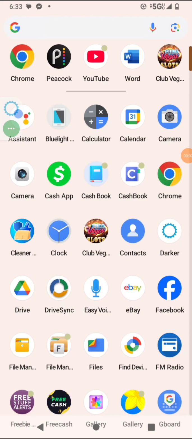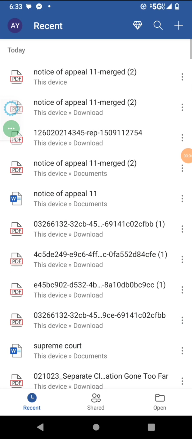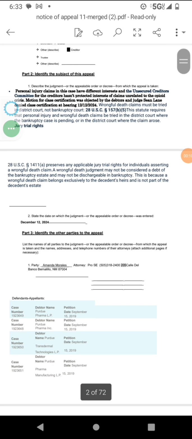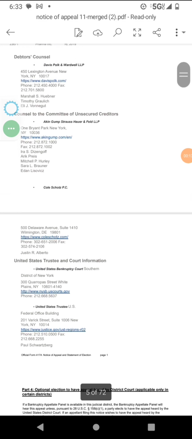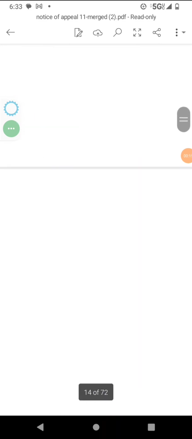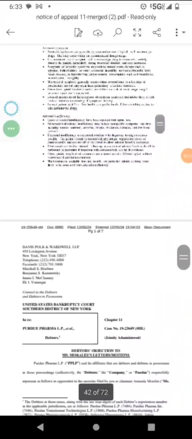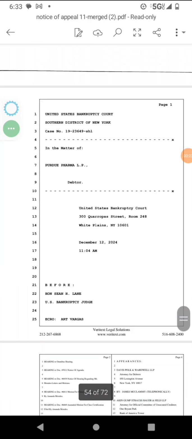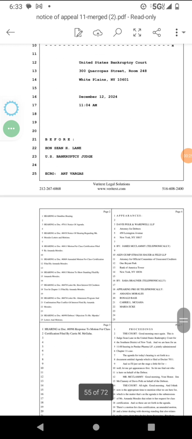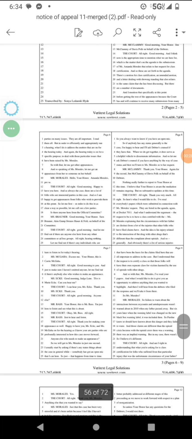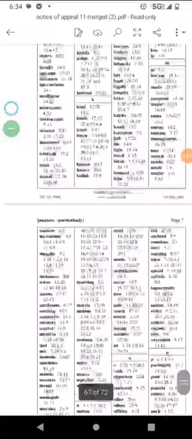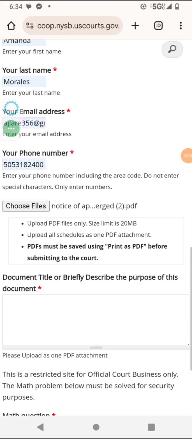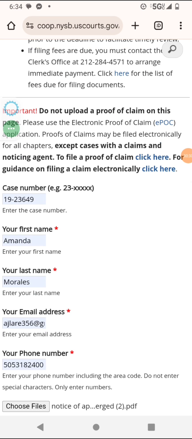So in this video, I go to my Word documents and I click on the notice of appeal, and as you can see, it is a total of 72 pages, and I scroll down all the way to the bottom of the document, and right here is the transcript and hearing that I'm appealing. I go all the way down to the bottom, and then I go to the court's website